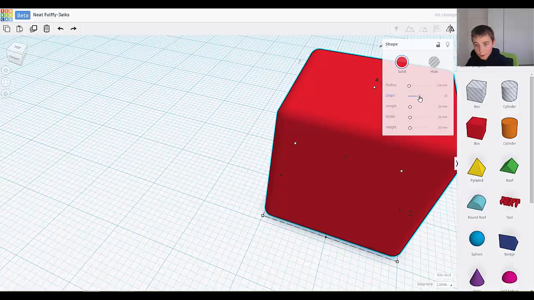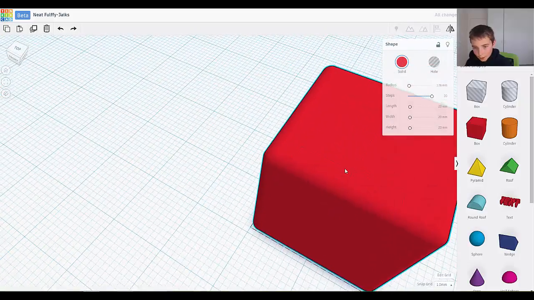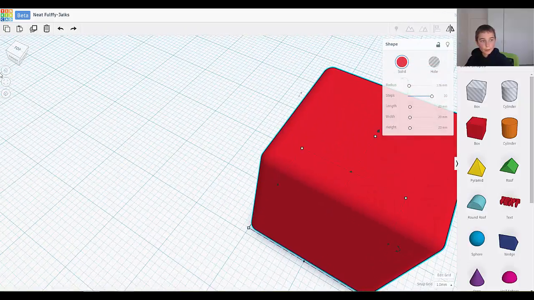If it's on 10, you should be able to count 10. If it's on 1, there's 1. So 5, there's 5. Then on 20, there's 20 very, very fine edges. Okay, so